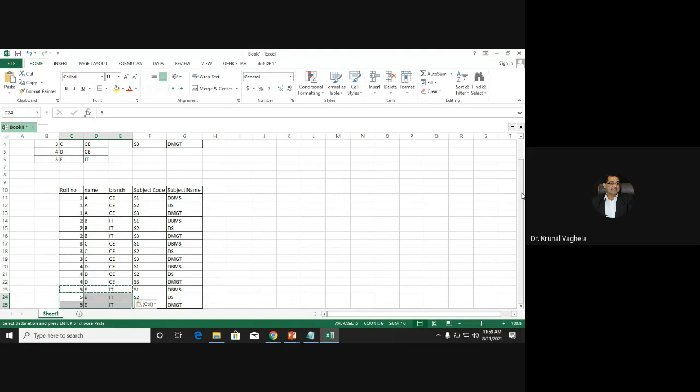Why do we use Cartesian product? What are the advantages? What are the disadvantages? That we'll do tomorrow. But let me tell you, people use Cartesian product to combine the data from two tables. Every time it is not necessary that the data you want will come from one table only. The queries that you have done up till now got data from only one table. But now it may be possible otherwise, let me give you an example.